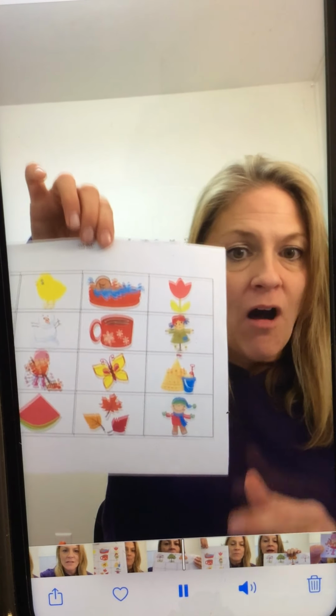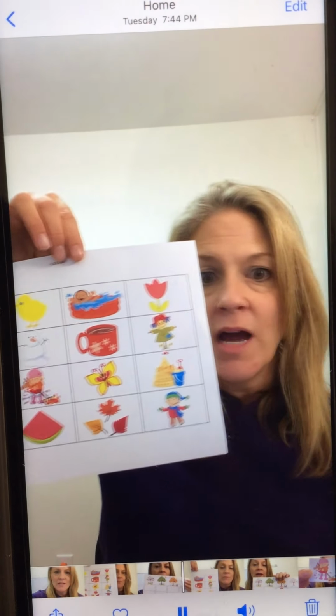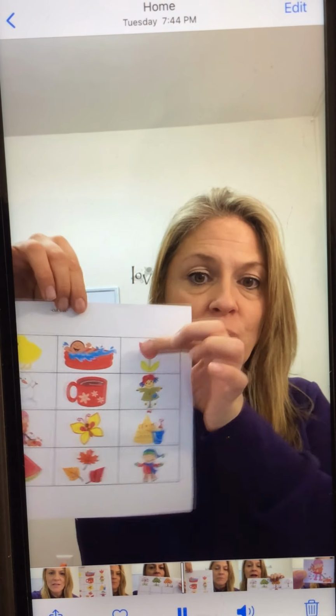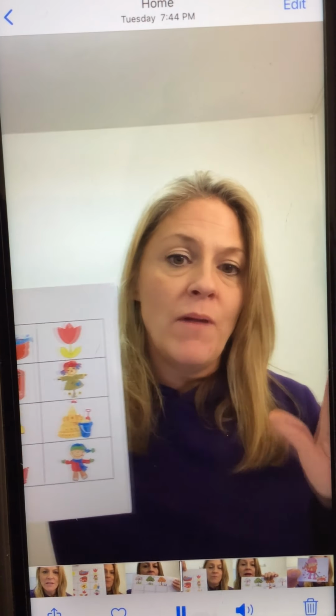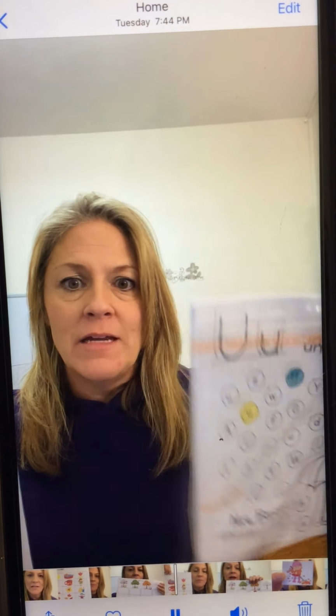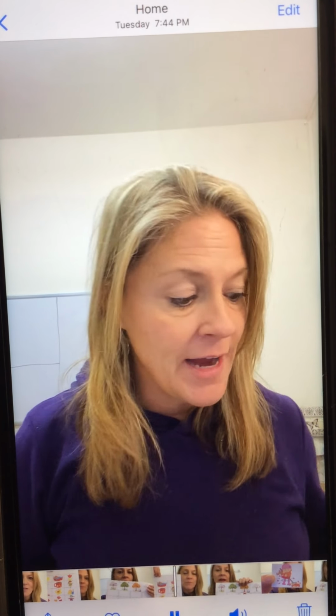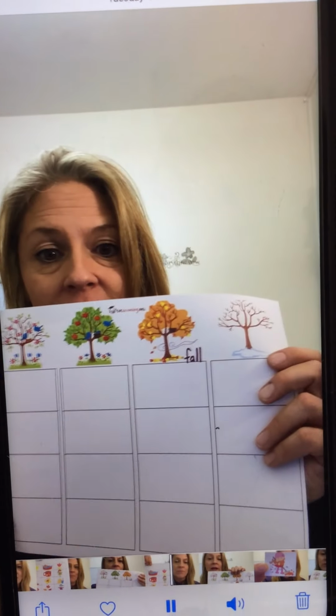So what you will need to do is get a grown-up to help you cut all of these out. Now, don't lose them because we're not going to use them all today. I want you to cut them out and keep them somewhere safe, maybe in that bag that your homework came in, okay? So the 4 pictures you're going to find for fall are